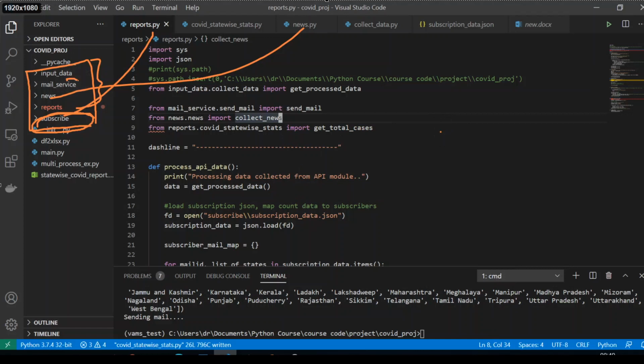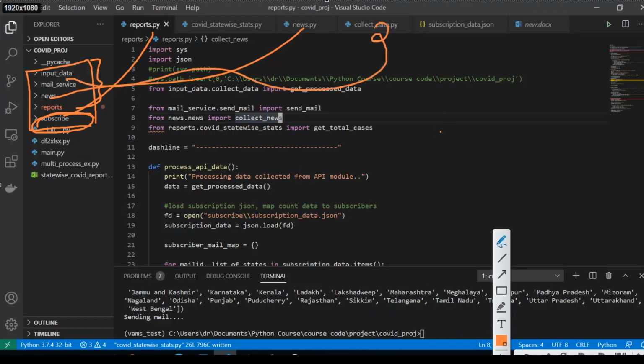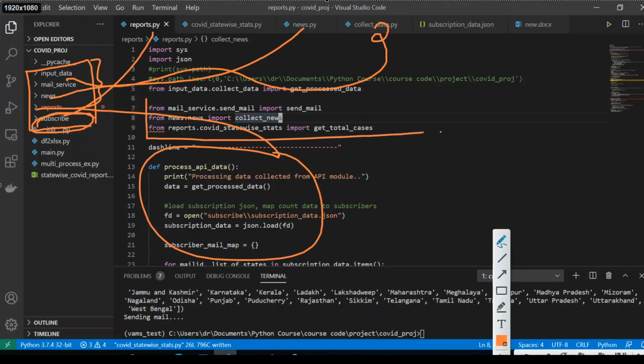Then there is input data, which is coming from collect data. Since this report module is aggregating all the data from the other modules, we can see that here. We have imported all the functions. Let me just erase this.